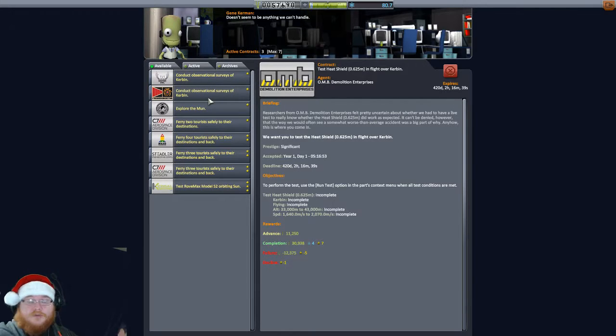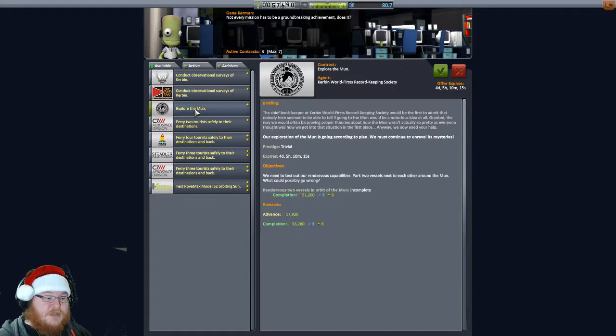I know what we could do, and this is probably a cheaty way of doing it. But some of these actually give you an advance to do certain things. But in circumstances like this, I'm only going to take the ones that I know that I will do later. Like this one right here, explore the moon. I know I'm going to do it. It gives me an advance of